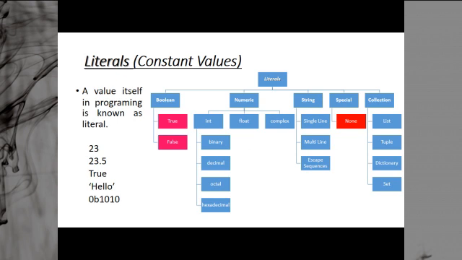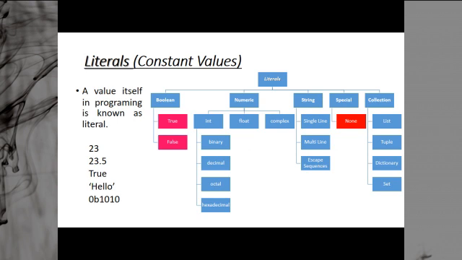Now we have different types of literals depending upon the data types. Depending on what type of data you have in Python, we have different literals. Here in our case, you can see we mainly have three types of data: the numbers, the text and the collections. If we start with the Boolean data type, its value can be True or False.